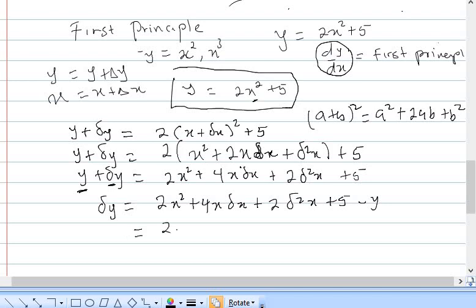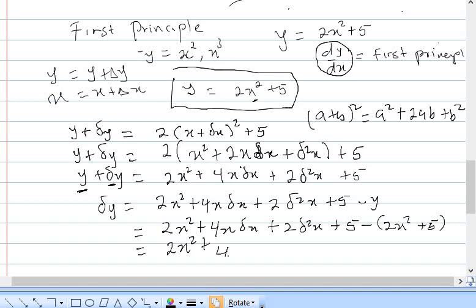Then we can substitute: 2x squared plus 4x del x, then plus 2 del x squared plus 5, then minus y, which is 2x squared plus 5. Then if you open the parentheses, we will have 2x squared plus 4x del x plus 2 del x squared